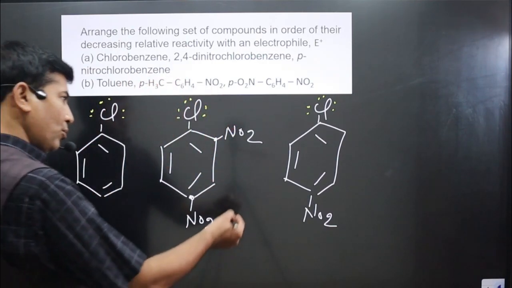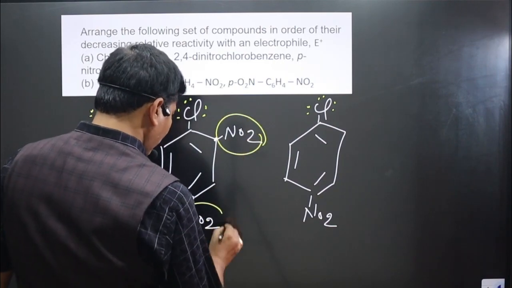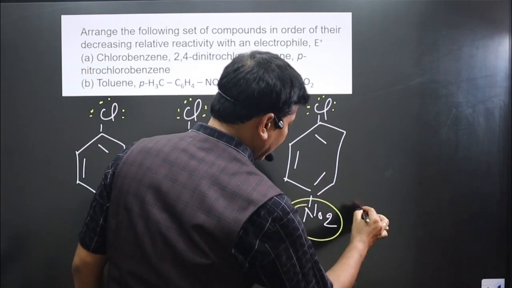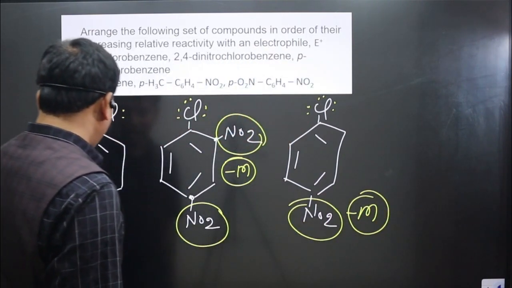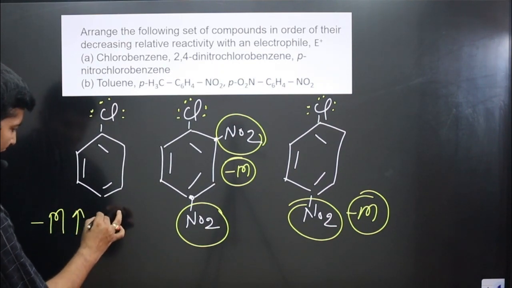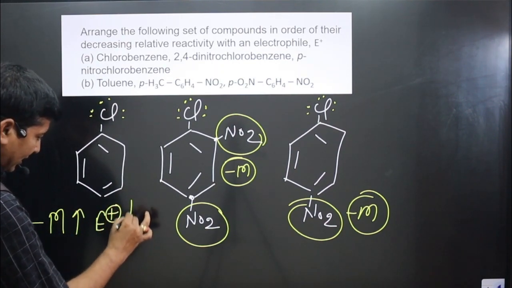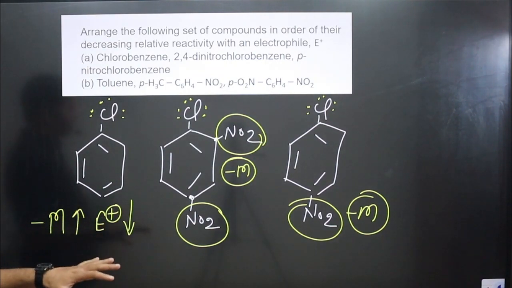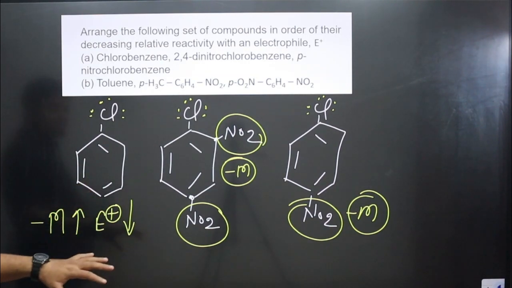Okay, but if you look here, this NO2 is acting as a minus M group. Here also we have NO2, acting as a minus M group. So as the minus M group increases, keep in mind, the rate of electrophile attack decreases. Very interesting part. As the number of minus M groups increases, you can see the rate of electrophile attack decreases because minus